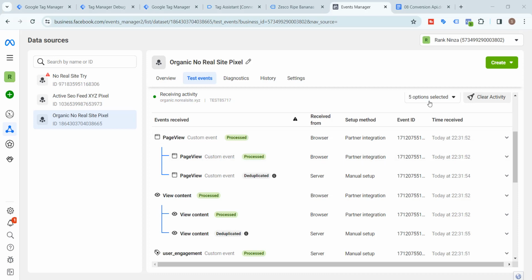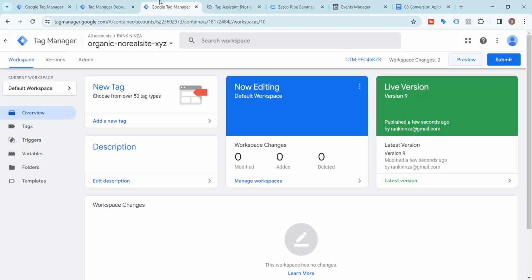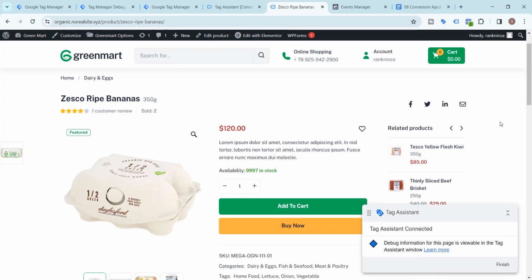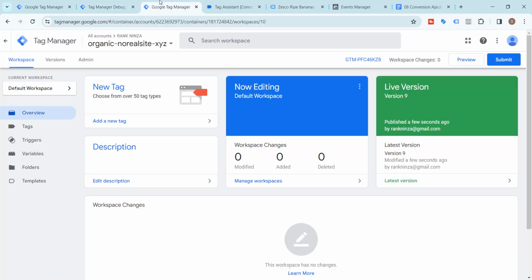In the previous video, I have shown you how to track view content event using Facebook Conversion API server-side tracking. Today, I will show you how to track add to cart event from server side. So for doing that, go back to